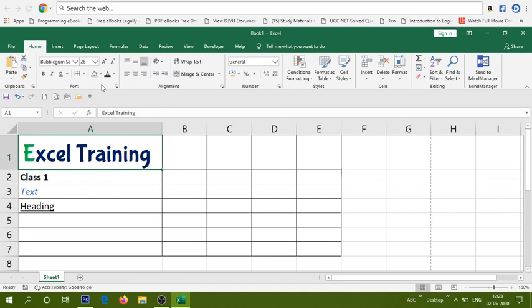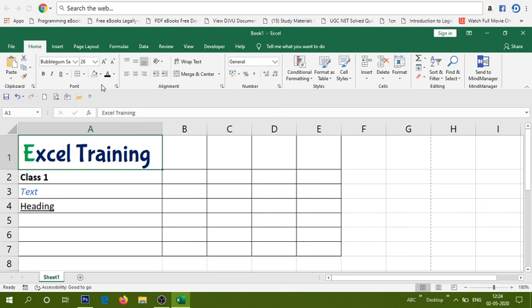Use one or two colors, don't use more than two colors unless it is necessary. And always for the same kind of data sheets or workbooks, follow the same pattern. If you are working for an organization, follow the organization's color patterns.